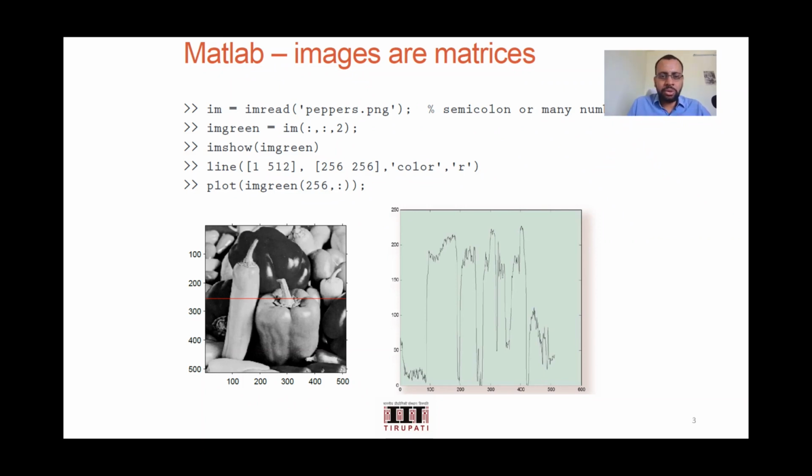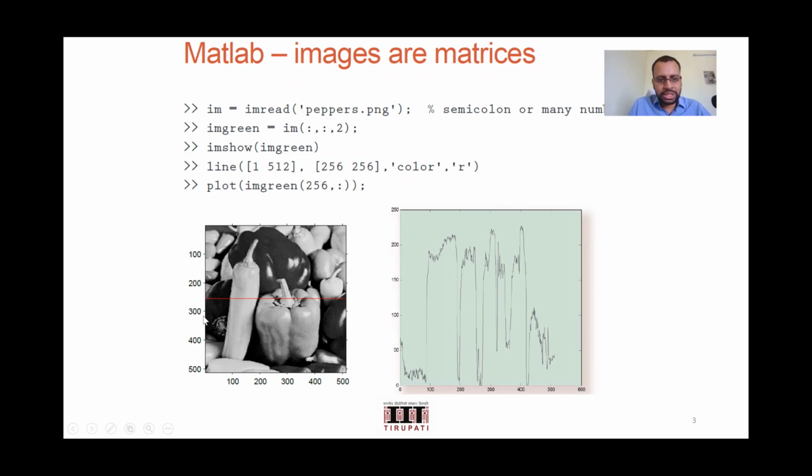Say now you just wanted to have the image in this row. This is how you could do it. I would leave the interpretation of this to yourself. This line, how you are plotting it here, you are in fact just drawing a line here, from 1 to 512, 256 by 256 color. Just decode that.